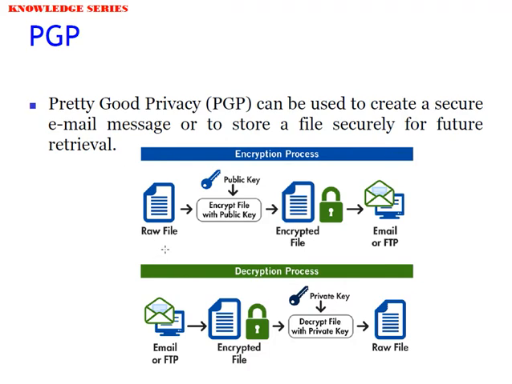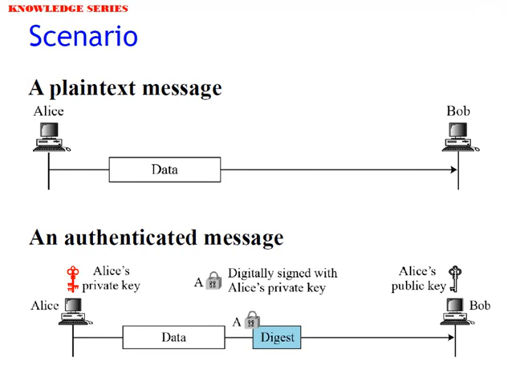So that is how it works in the case of PGP, shown for easy understanding. But to understand more about this in further aspects, let us see this. A plain text is being shown. Alice tried to create a plain text in the form of data and send it to Bob. So that is simply plain text being sent. But if the plain text is taken and encrypted, then we say an encrypted plain text is being sent.